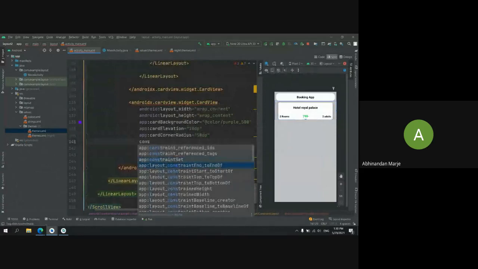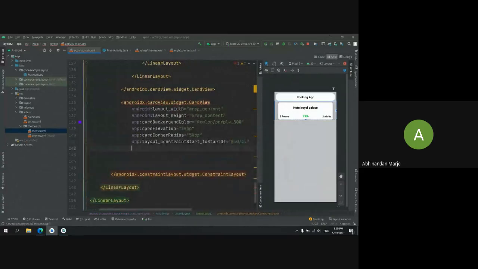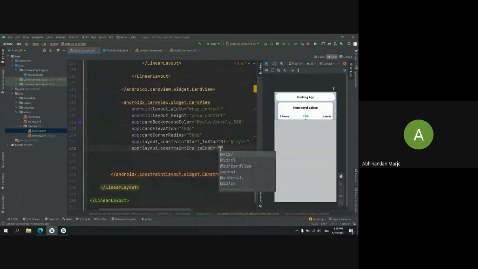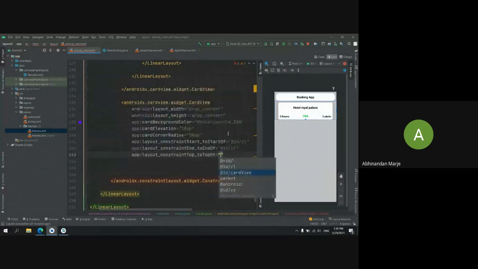Constrain its start to the start of our constraint layout, and constrain its end to the end of the constraint layout, but constrain the top to the top of our card view.